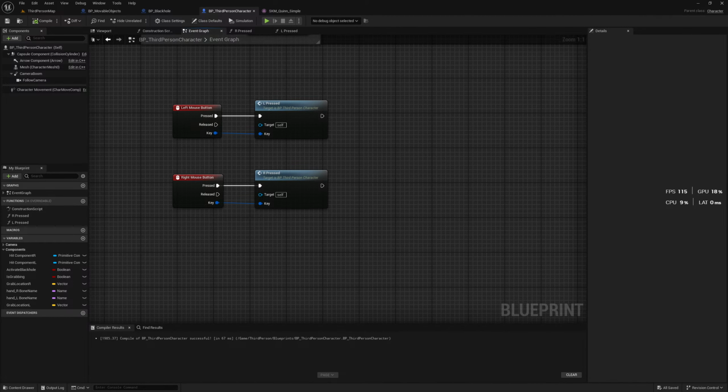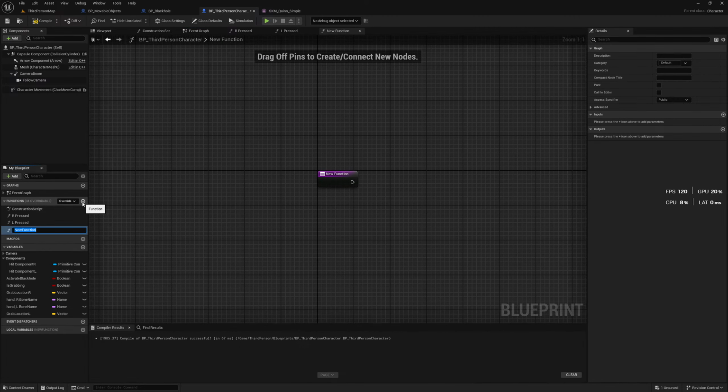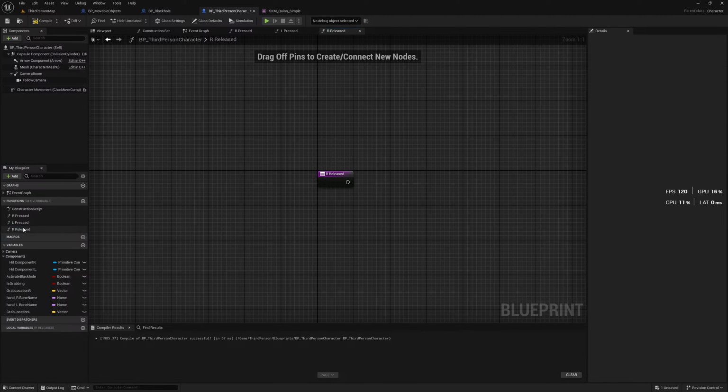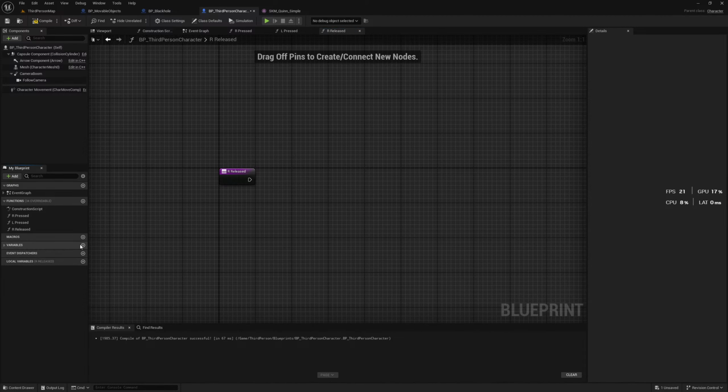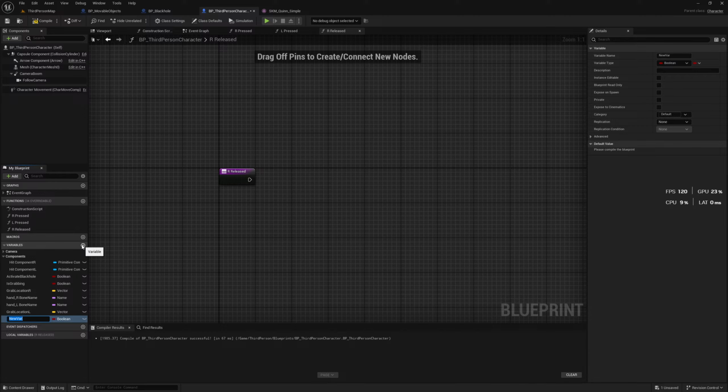From the event graph, again, we're gonna add a new function called R released. Onto the R released, we're gonna add a new variable called is grabbing. Oh, there already is grabbing. Alright,